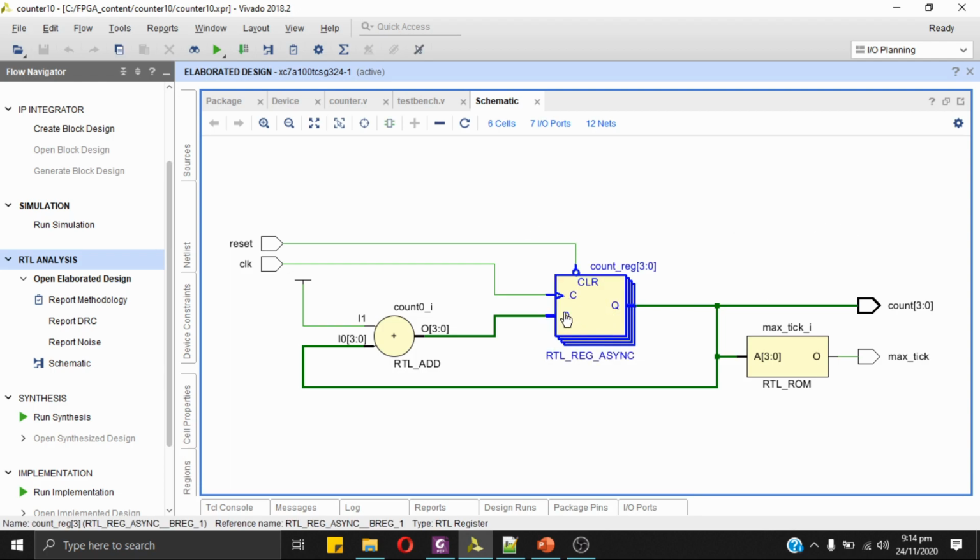We can see this is the state logic. Here we have the adder, the incrementer, which adds 1 to the current value of the register. One input of the adder is fixed at constant 1, and the other value is coming from the output of this register.